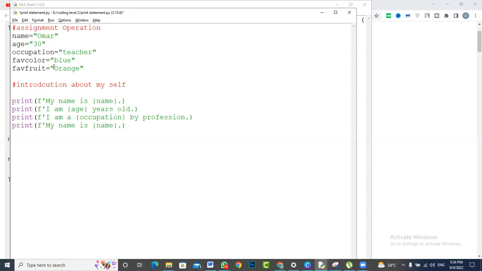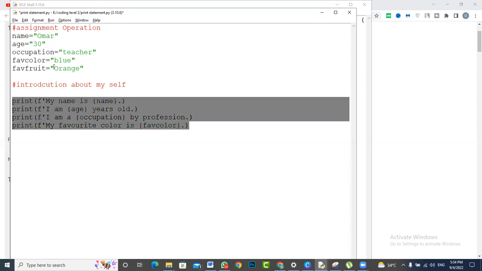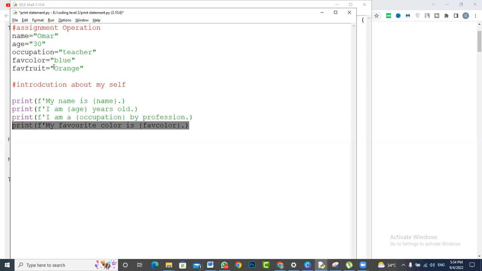So I would suggest that I write my favorite color is {fav_color}, and then I can copy this one, and now I'm going to write my favorite fruit is {fav_fruit}. So let's say that I save this